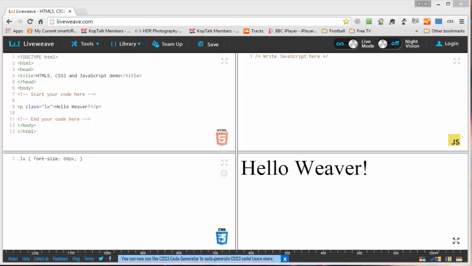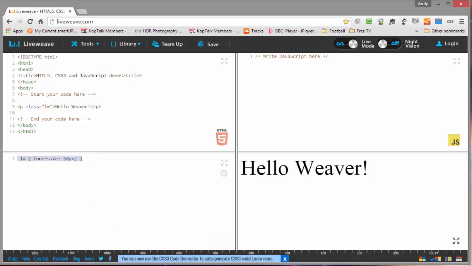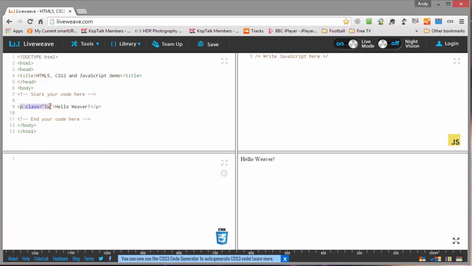There are three ways that we can insert CSS so that it styles our HTML document. And in this video, I want to look at the first way, and that is using an inline style. And to show you this, I'm going to just delete the default live weave content,